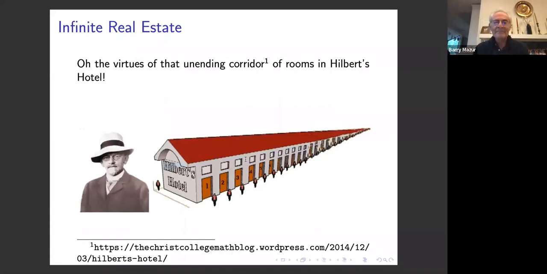So there is this marvelous residential hotel, Hilbert's Hotel, with, as I put it, an unending corridor of rooms. This is the picture. And by the way, I have a footnote here. Now, the footnote in this particular instance just gives credit to the picture. But very often there'll be footnotes which have sort of added references and so on. I don't expect you to see it as I do, as I run through these slides, but